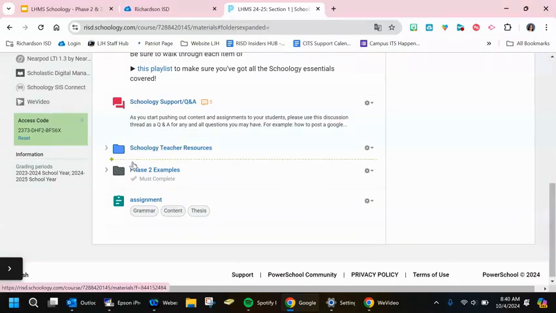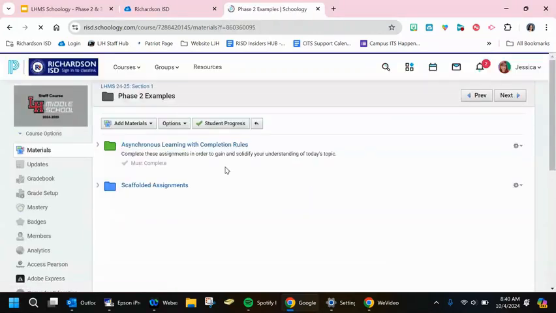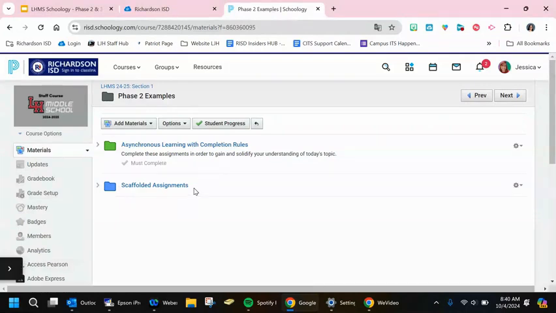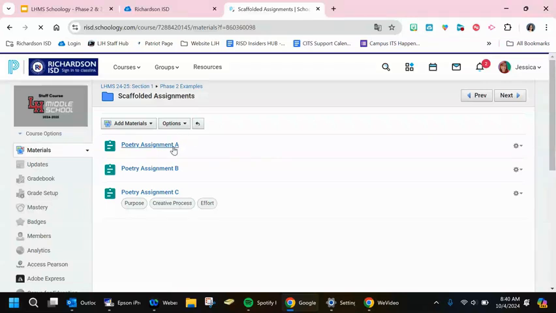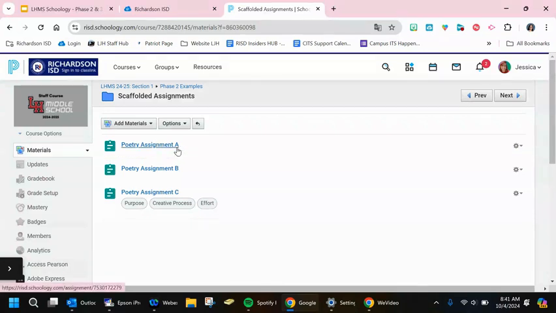So just to give you an example, and like I said, my mind always goes to RLA. If you're having a scaffolded assignment, you can have different versions of that same assignment. So poetry A, B, C. When you name the assignment, the students do see the names of the assignment. So don't say poetry modified, poetry language supports, because that's kind of defeating the purpose. So ABC, 1, 2, 3, red, blue, yellow, however you want to label it for the differentiated pieces,